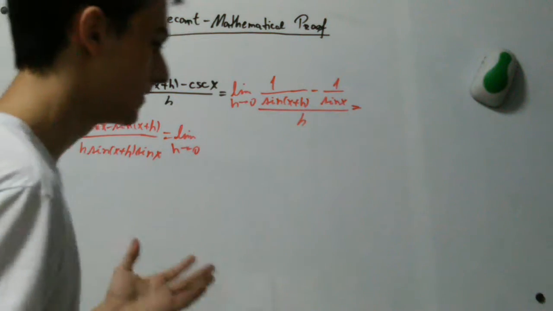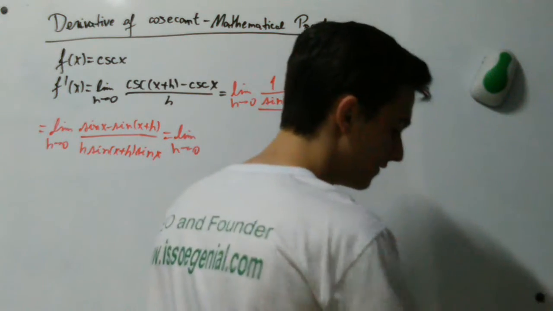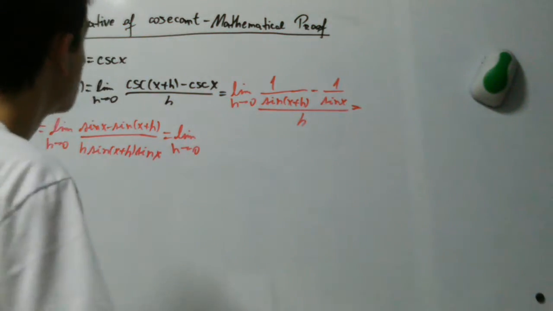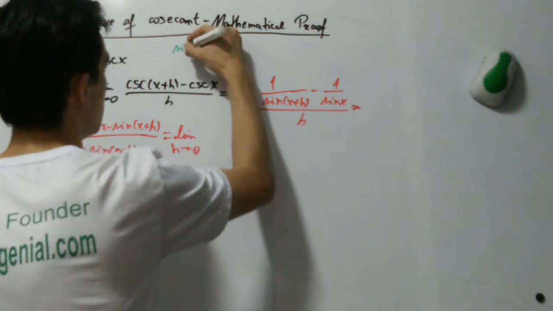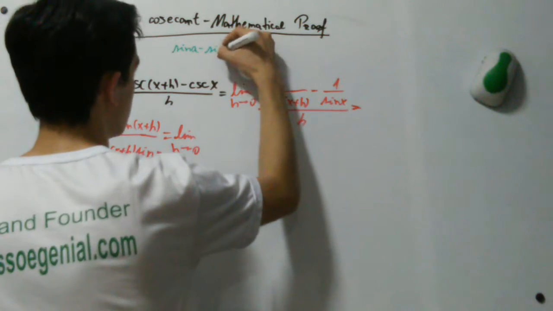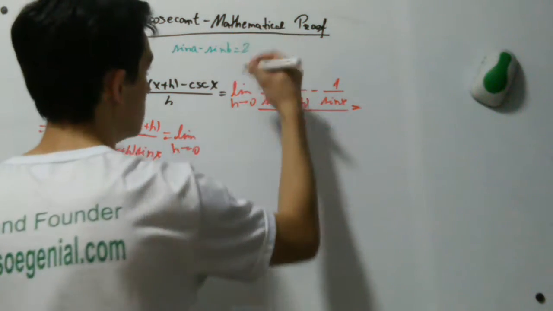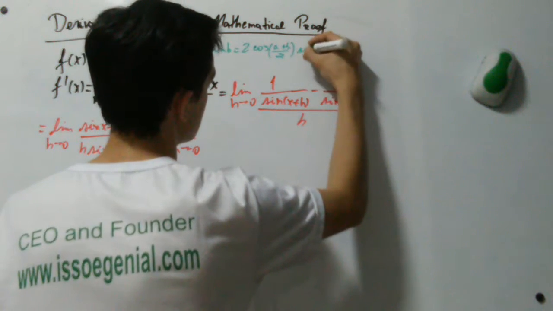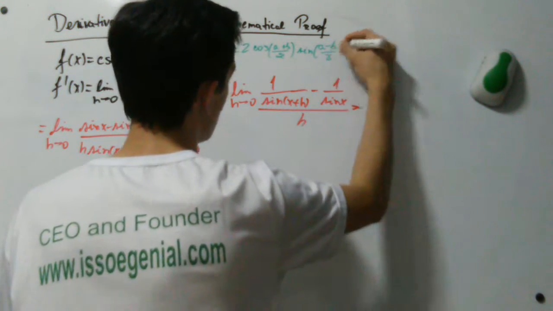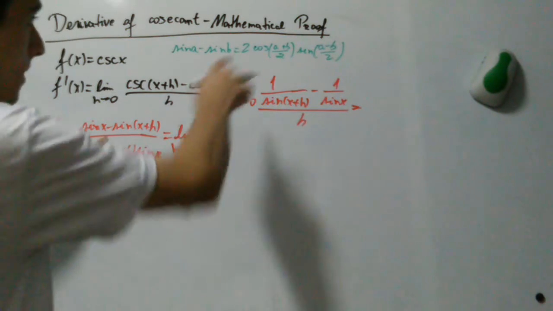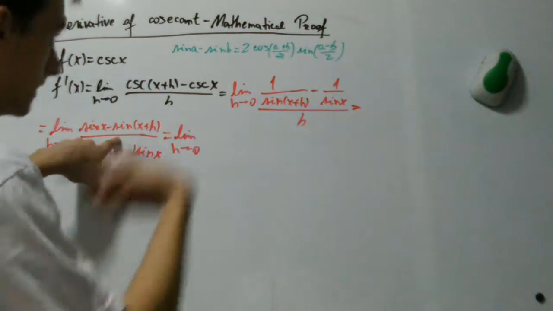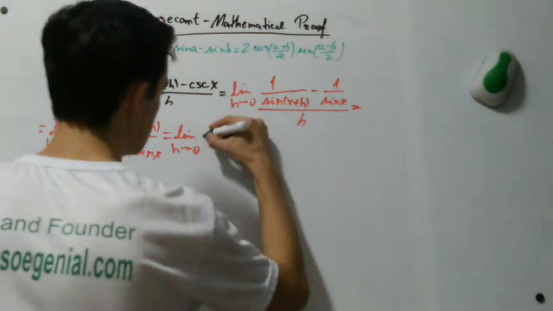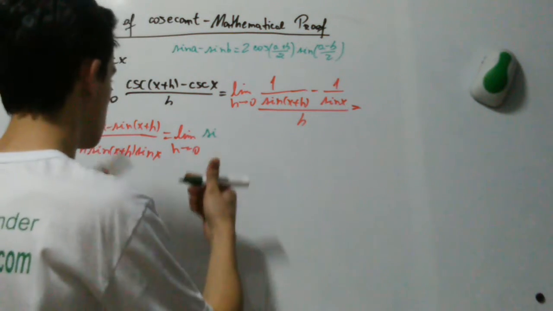And now we are going to remember an equation used to factorize trigonometric expressions. It says that sine of A minus sine of B is equal to 2 times the cosine of A plus B over 2 times the sine of A minus B over 2. So we're going to apply this equation here. In this case, A is equal to x and B is equal to x plus h. So this is the limit, as I said, when h approaches 0 of